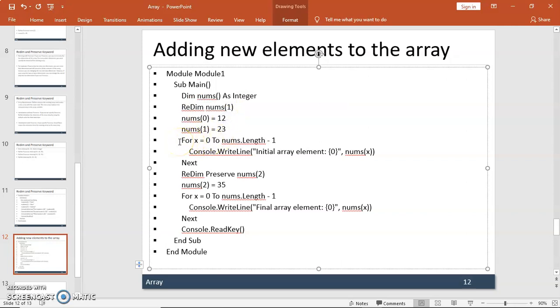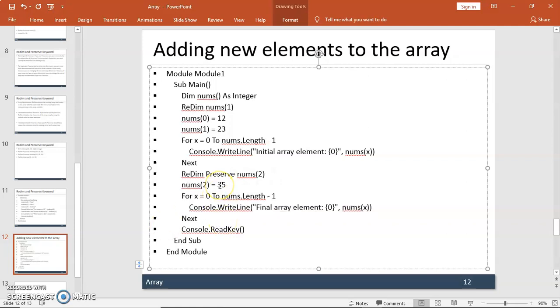Next we use a for loop to print the current values of the array. Then we resize the array using the ReDim Preserve keyword. That means one more location is added to the array, the newly added location 35 is stored, and this statement is used to print the current content of the array.